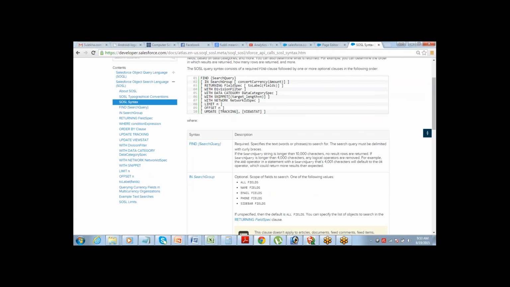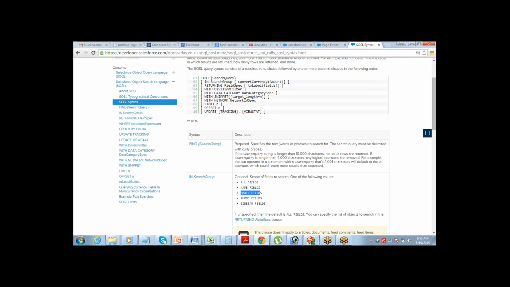You can perform search in all fields, name fields, email fields, and sidebar fields. So these are the options that you have. Either you perform it in all the fields, or you can perform it in name fields, or email fields, or phone fields, or sidebar fields. Got it? So that's how the search can be performed. And after that, we have all the options available.